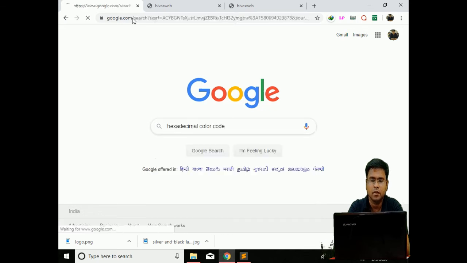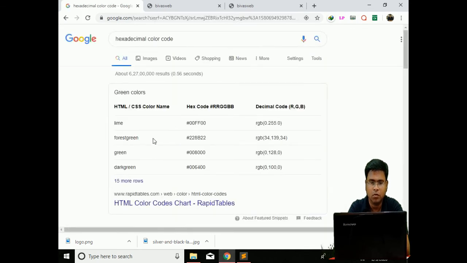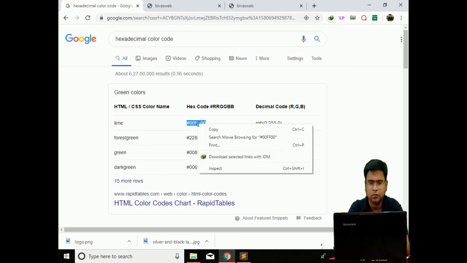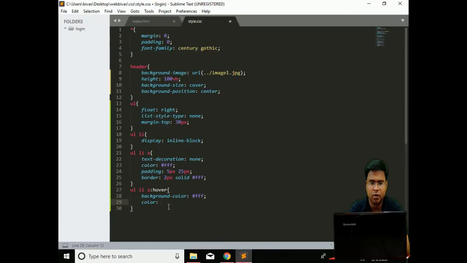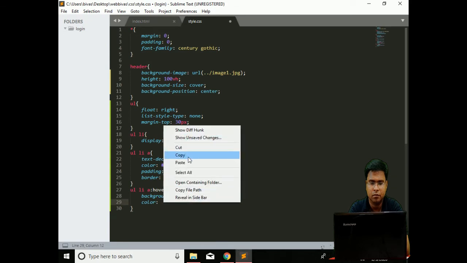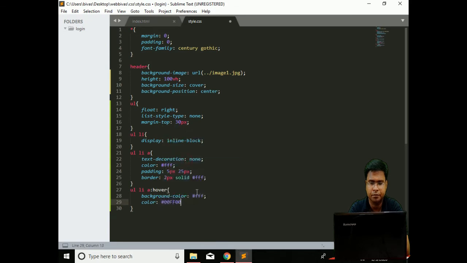These are the hexadecimal color codes. I will go to the website, or I can take the colors from there. I am pasting it over here. Saving it.